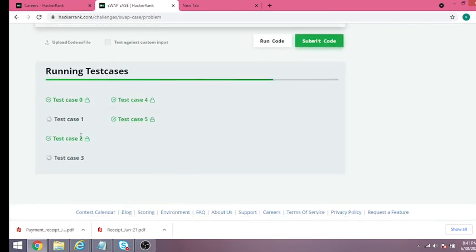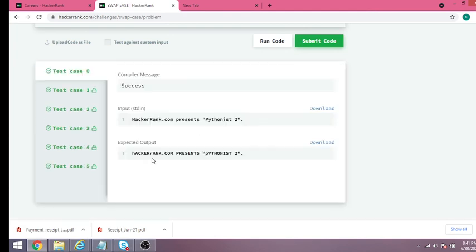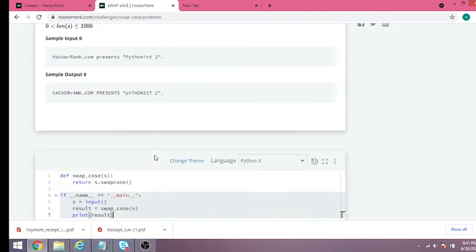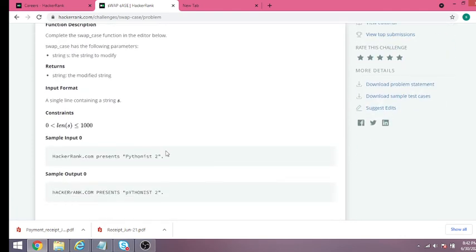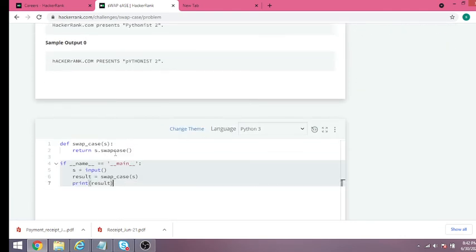Now all test cases are getting executed one by one, and it passed. I think everybody understood the two methods. One is the simple built-in function, and here you can see the power of Python. A single line could solve our whole logic, which was explained in the previous method.